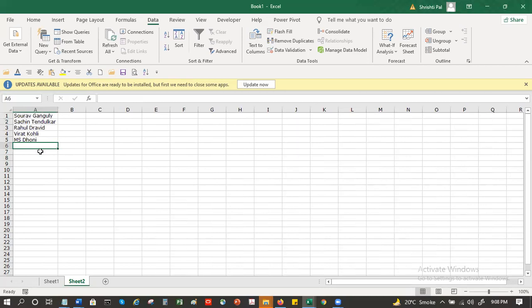Do you ever need to separate them into first name, last name, or any kind of data that you have, you might need to separate them?